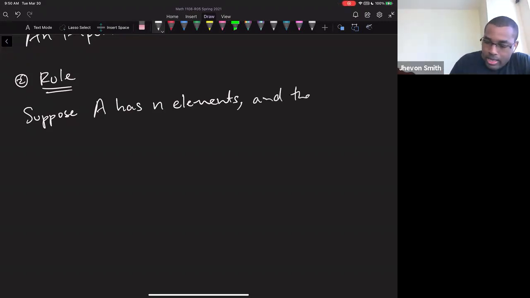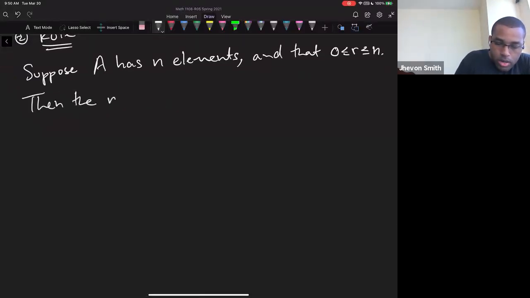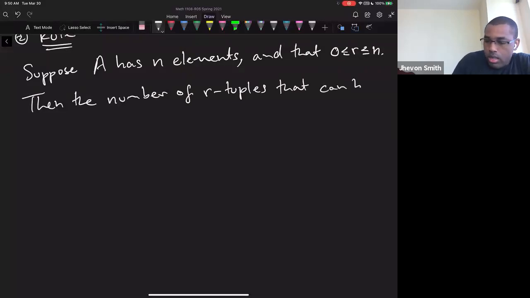And that, again, r is some integer less than n, right? Then the number of r tuples that can be created